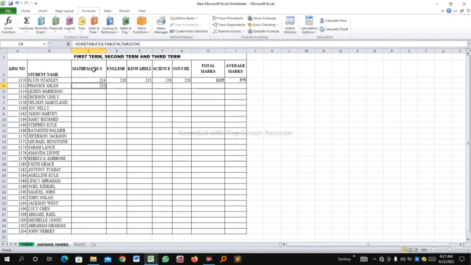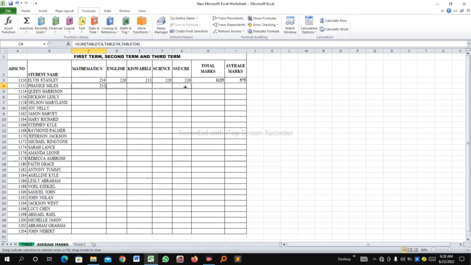That is for the maths marks for the first term, second, and third term. So just like that, that's how you link up cells in different sheets in a spreadsheet workbook. After doing that, you can drag this cell from mathematics to other subjects so that we can fill the total marks for the 3 terms for the other 4 subjects. So we drag it